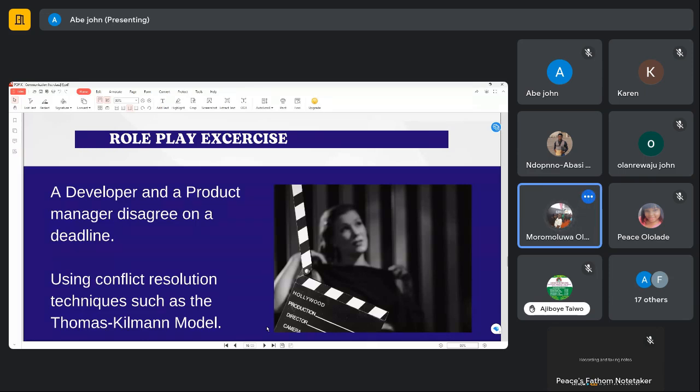Bearing in mind that I would not want to compromise quality and I would not want you to burn out in the process. Instead of having three, can I have one tomorrow? And let me know what additional things you would need to speed up the process. Does that make sense?